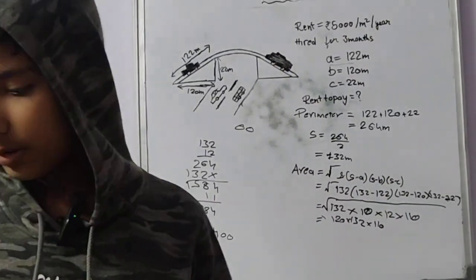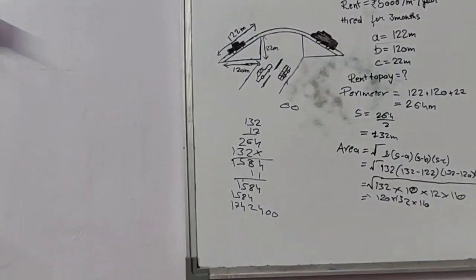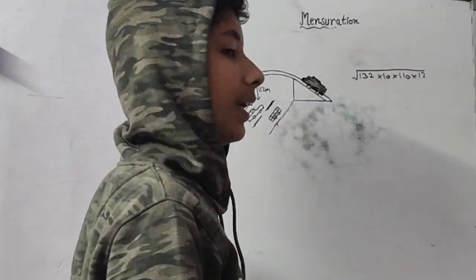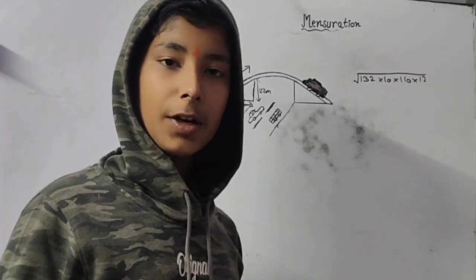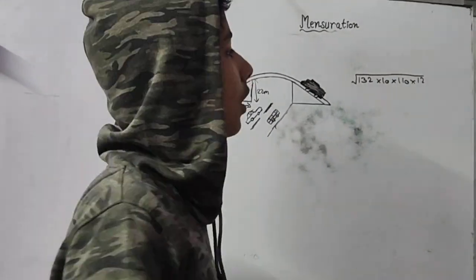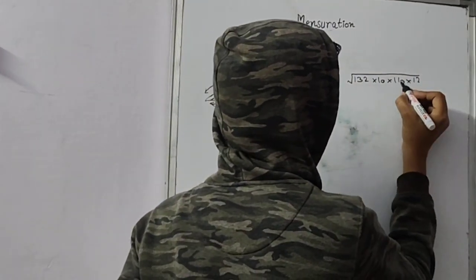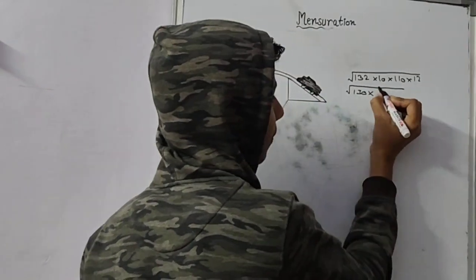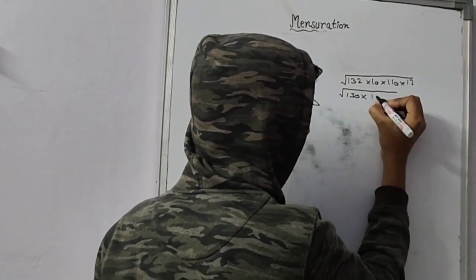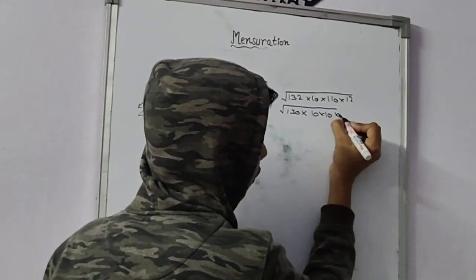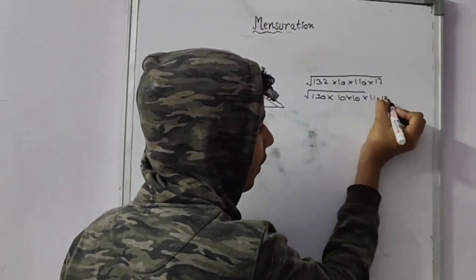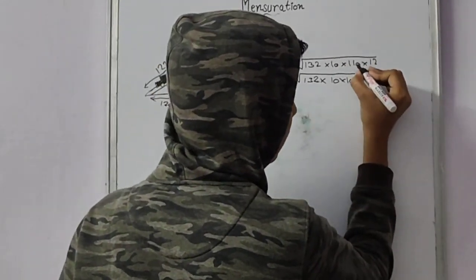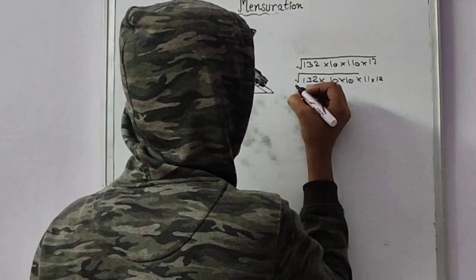So let's erase it. So friends, we were over here. Instead of multiplying, we can do it that way also, but the calculation will be longer. So we'll do like this. We can write this as 132 multiplied by 10 into 10 into 10 into 11 into 12. Why I have written this? 11 into 10 will be 110, so instead we have written it like this.